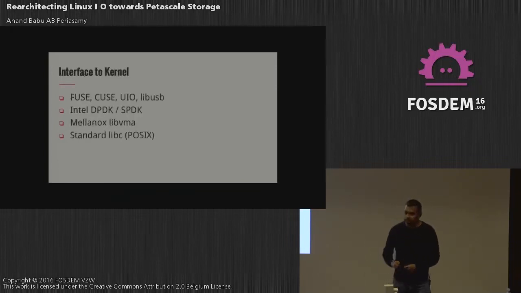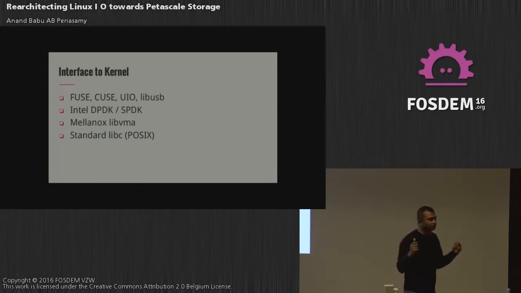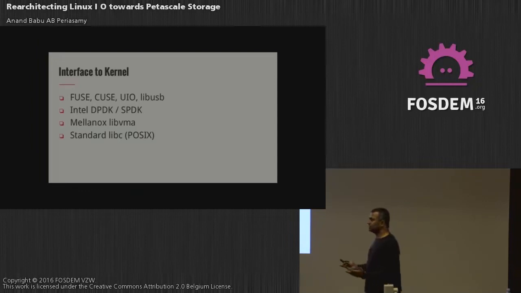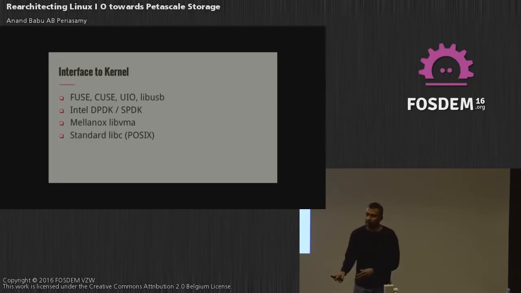Now, there are some interfaces to do things in user space. Fuse, of course, is the common one. When we started early on, people thought Fuse was for writing things like an SSH file system or a Gmail file system. It was really for building toys. They did not believe one can write an enterprise-grade, high-performance distributed file system in Fuse. I actually did not know about Fuse early on. Coming from Hurd, in Hurd, the file system namespace is the operating system.